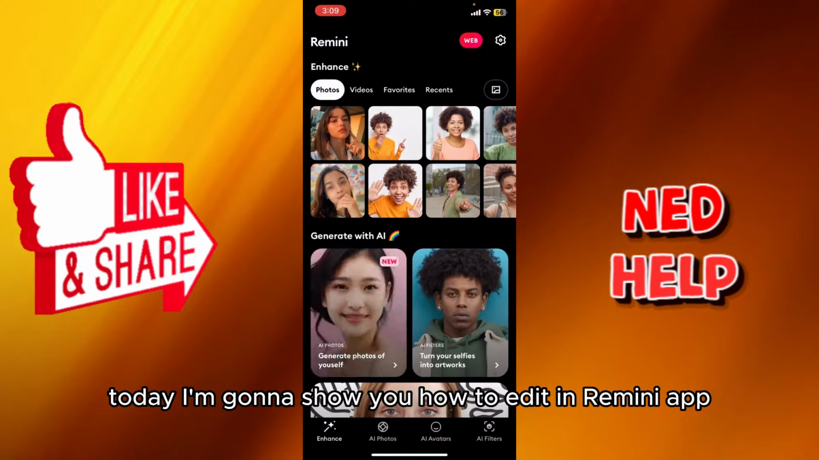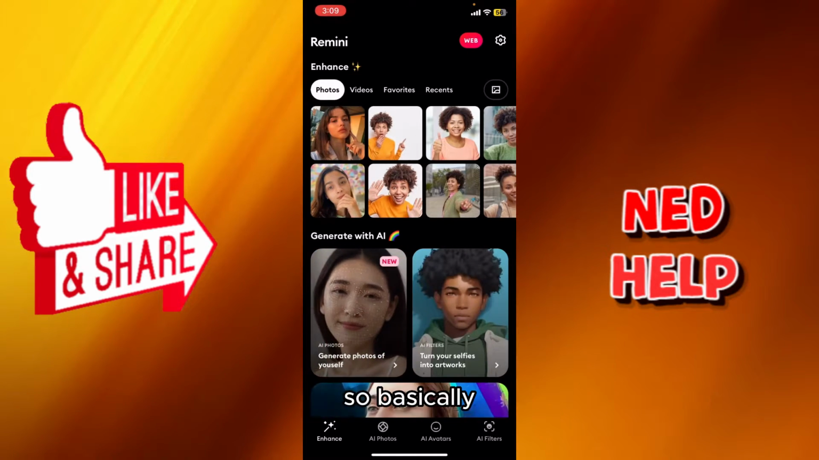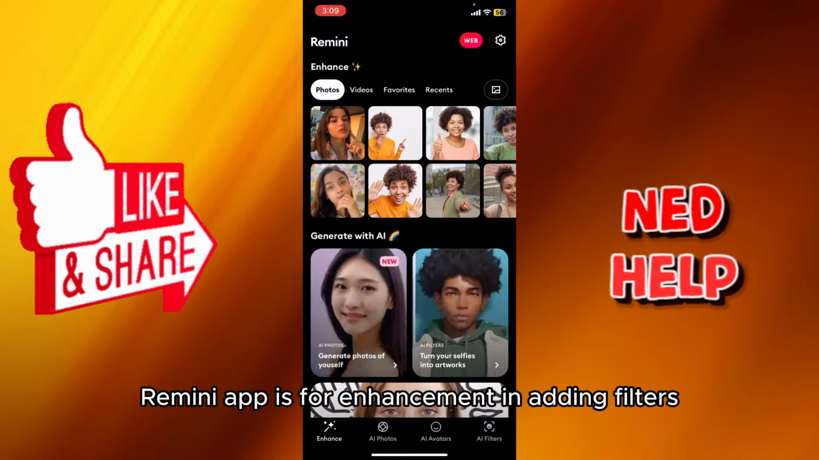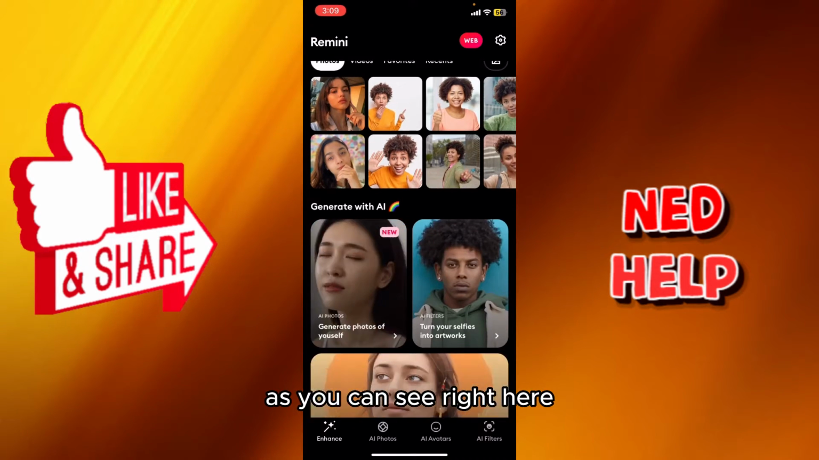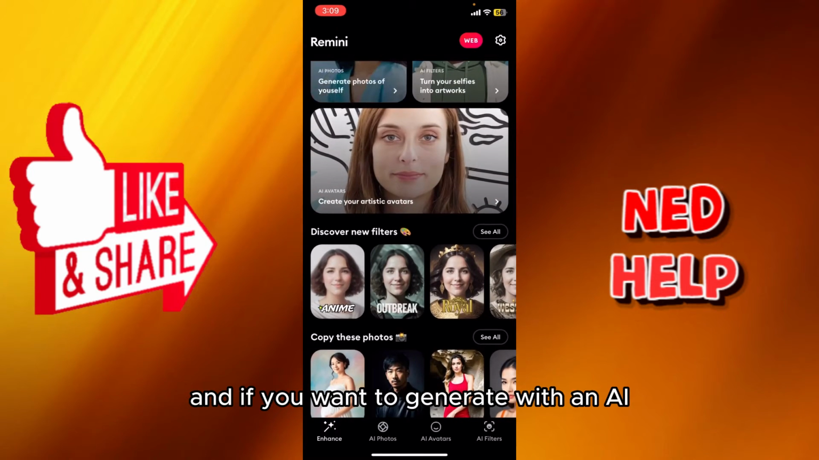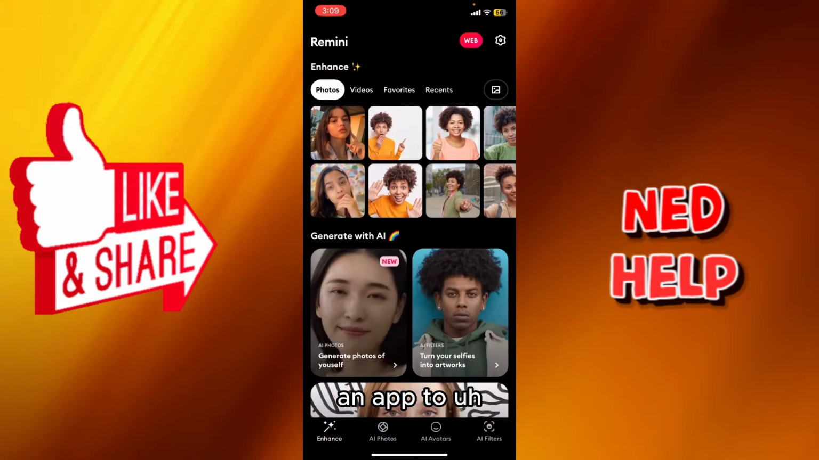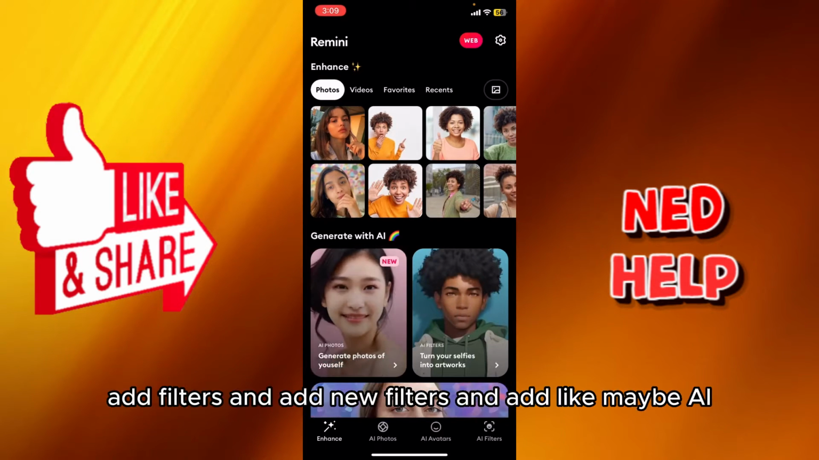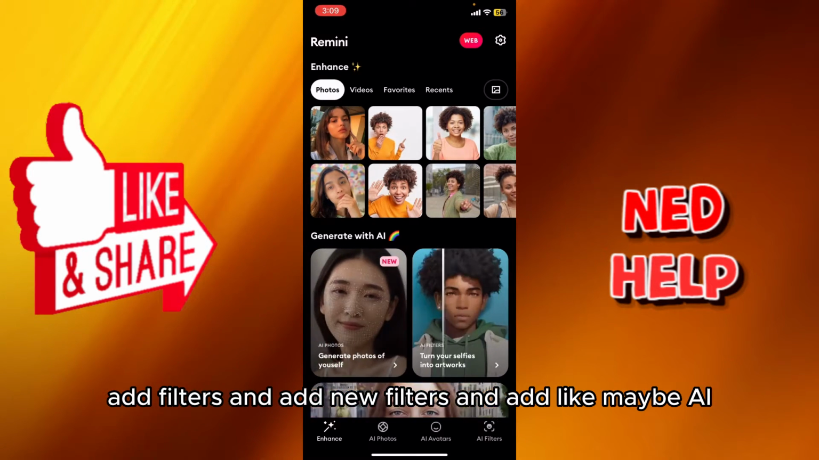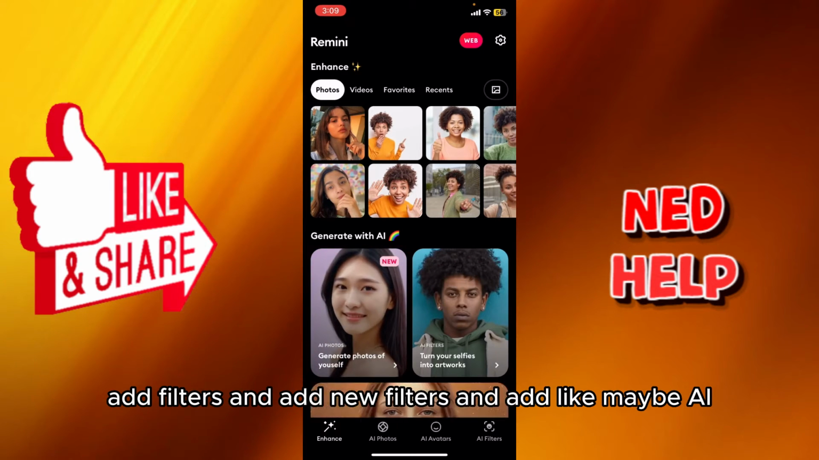My name is Adam. Today I'm going to show you how to edit in Remini app. So basically Remini app is for enhancement and adding filters, as you can see right here. And if you want to generate with an AI, you can always do that. So it's not more like an app to add filters and add new filters and add like maybe AI kind of